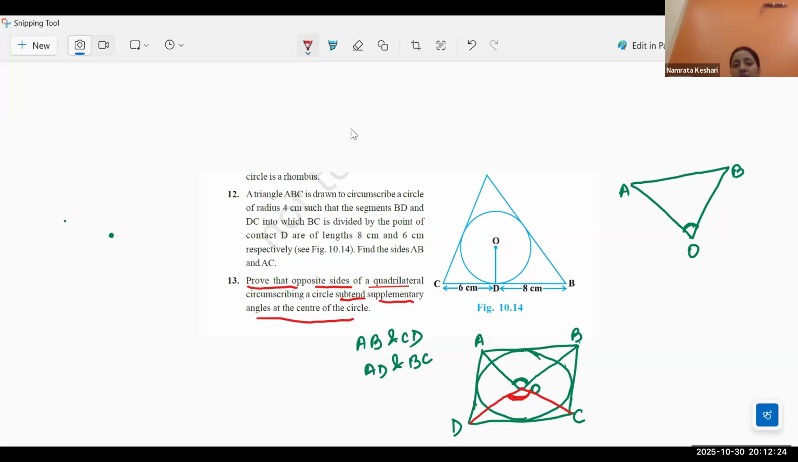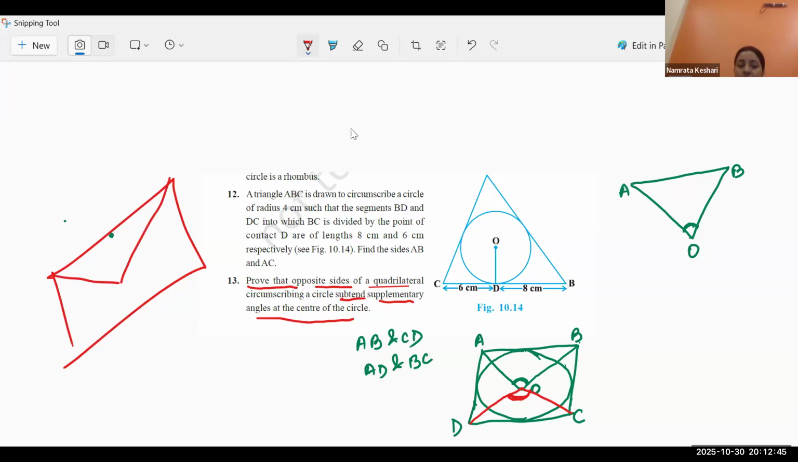Don't read this in between part, circumscribing a circle, क्योंकि वो just justify कर रहा है कि हमारा quadrilateral कैसा है. ओके तो हमें क्या प्रूव करके दिखाना है? ऑपोजिट साइड ऑफ अ क्वाड्रिलेटरल सबटेंड सप्लीमेंट्री एंगल एट द सेंटर. ओके, एक क्वाड्रिलेटरल है जिसके ऑपोजिट साइड